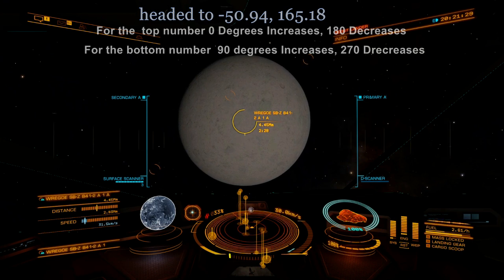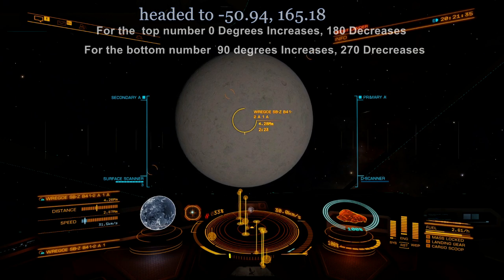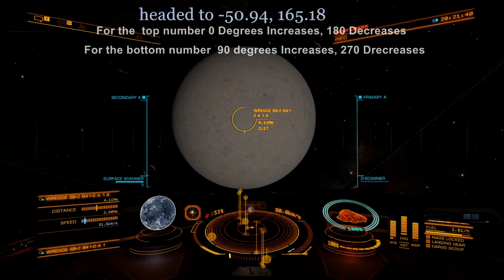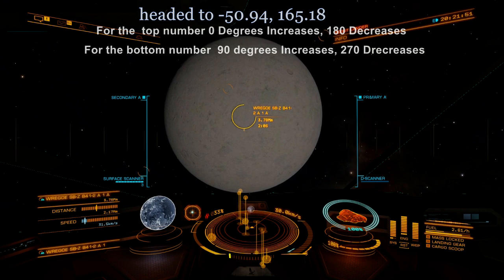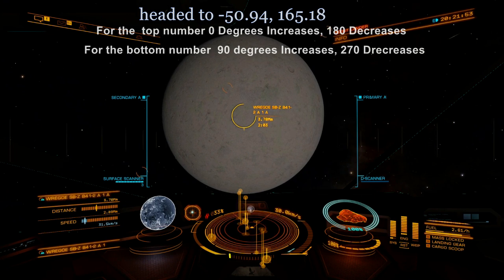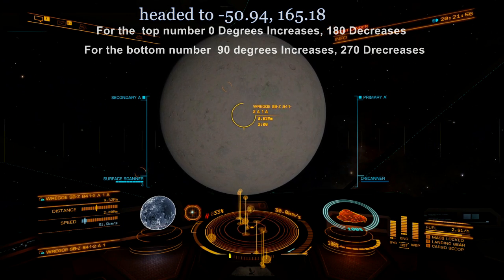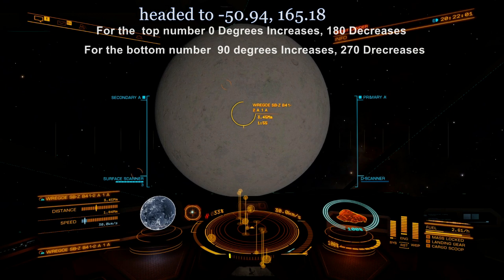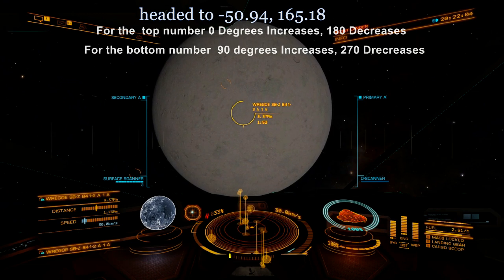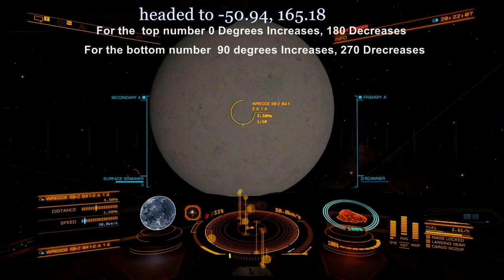If you move your ship to 90 degrees and you move forward, that bottom number is going to move forward without messing with the top number so much. And if you flip from 90 degrees to 270 degrees backwards, the bottom number will start decreasing. And so this is how you want to navigate yourself to the correct coordinates. So in this particular video, we're going to the coordinates of latitude minus 50.94 and longitude